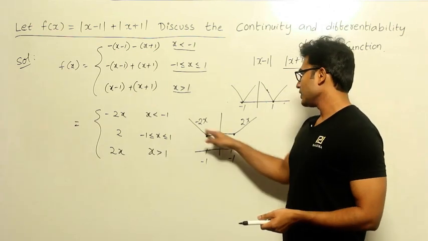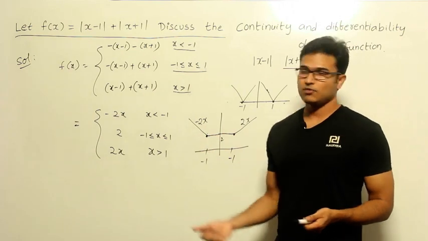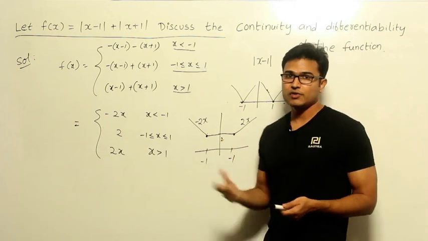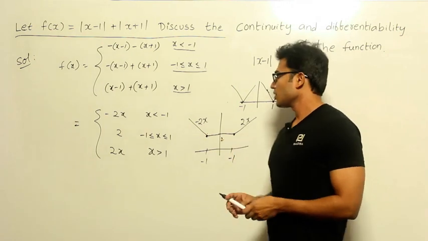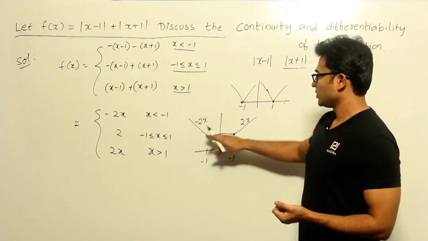See, one thing is definitely, it is continuous. You can see that there are no gaps or jumps. Therefore, it is definitely continuous, but it may not be differentiable. We have to check it, right? So, what are the various methods we can use to check it? One simple method is, since we know that it is clear,